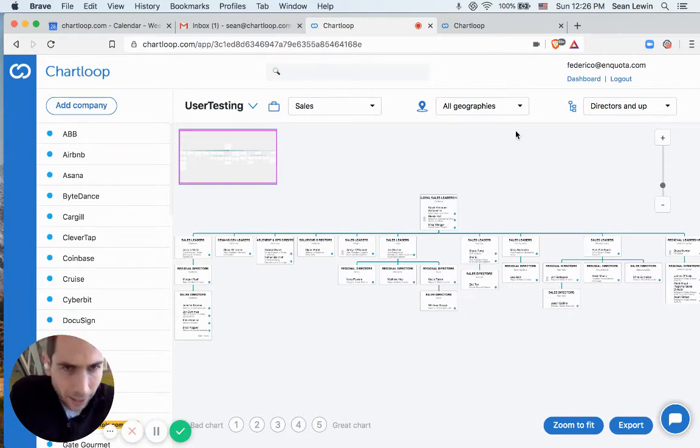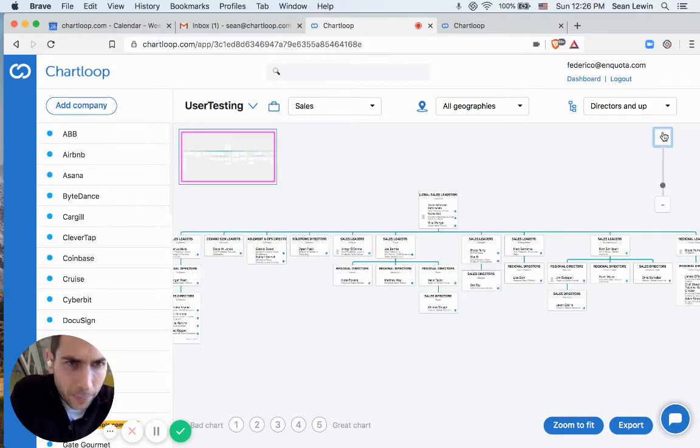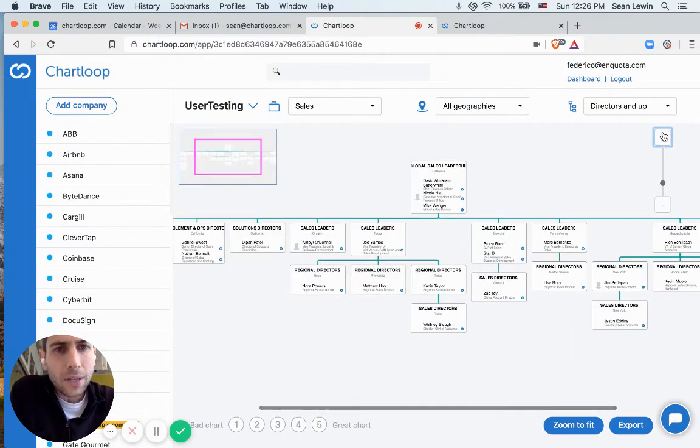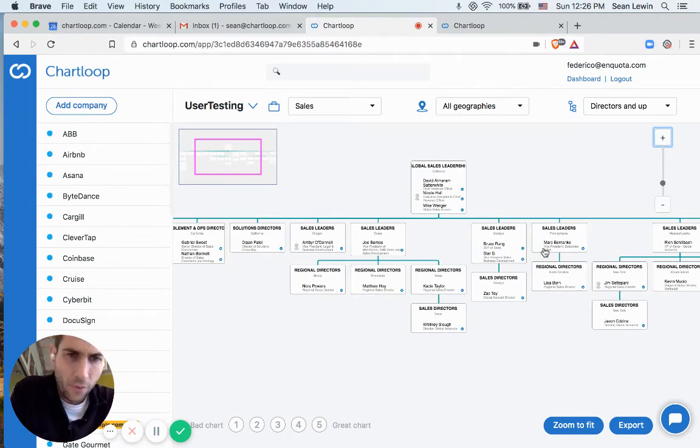Now, the last thing in terms of editorial capabilities: if you want to take the output that you got from Chartloop and edit it further, right? So let's say you wanted to change the hierarchy. You know that an individual person, right? So let's take this Lisa Bourne. She's a regional director, and instead of reporting to this Mark, I want to say that she reports directly to the